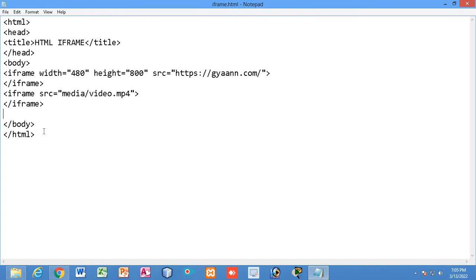Using the iframe, now we are going to add a YouTube video, right? What is the difference between adding a video using the video tag and adding a video using the iframe tag? Before I show you how to add a YouTube video, let me explain this thing: you can also add